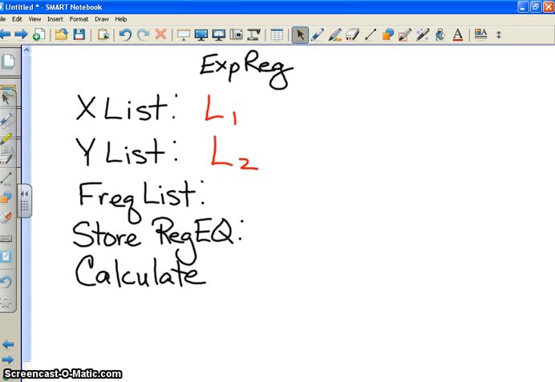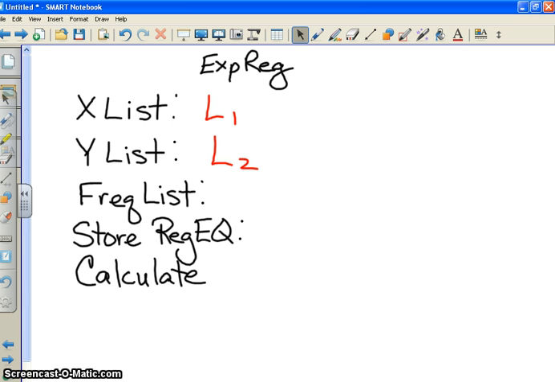And some of your calculator screens look more like this. The title, Exponential Regression, is at the top. And then XList was our years, or our L1, so you need to do second number 1 to get L1 to show up there. YList, our number of endangered species, were in L2, so we're going to go second number 2. Then you can skip over frequency lists, leave it blank, store regression equation, leave it blank, and just hit calculate, and it should give you the equation